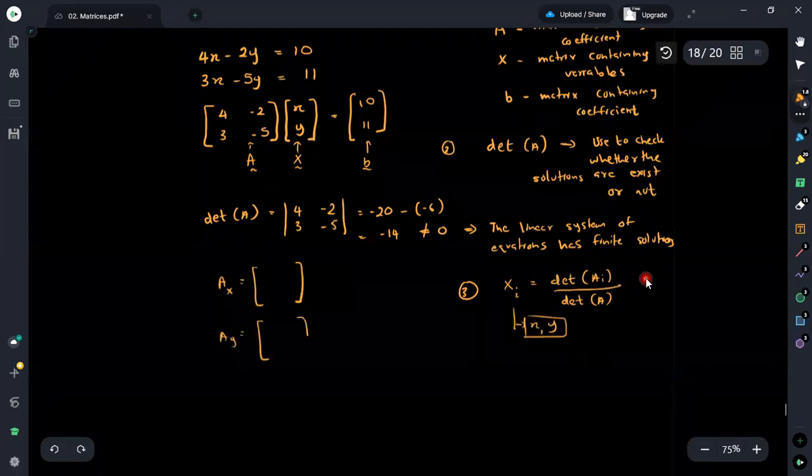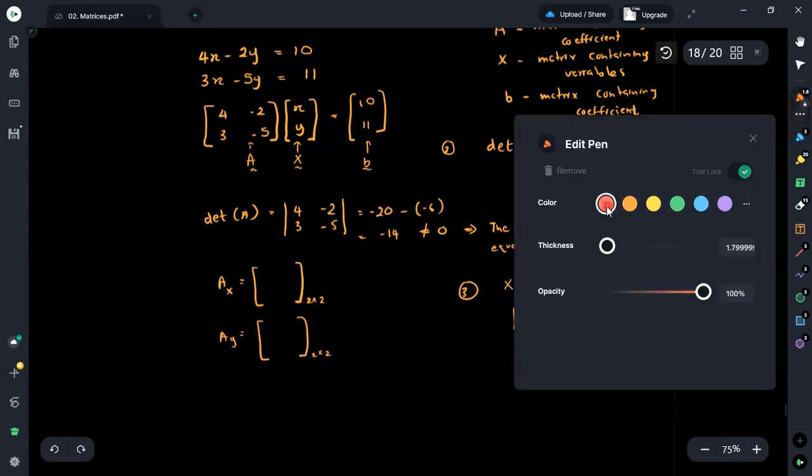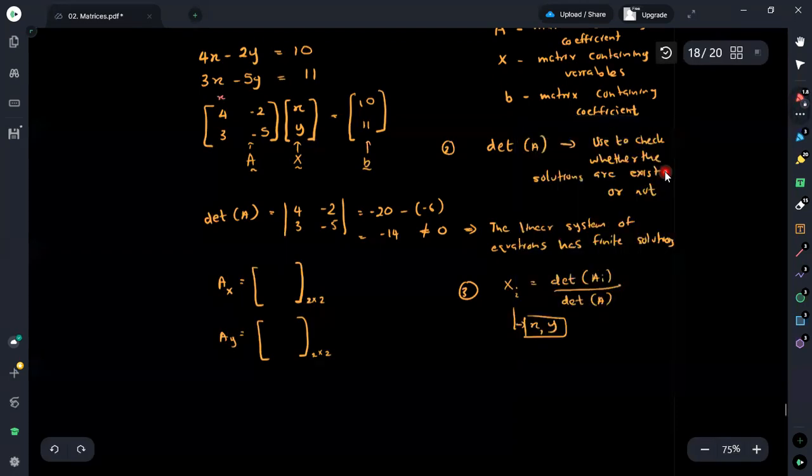This is also a 2 by 2 matrix. Then what we can do is, here we can see that if we are considering this matrix, these are the values associated with the variable x. If I write using another color, here these are the coefficients associated with variable x, and these are the coefficients associated with variable